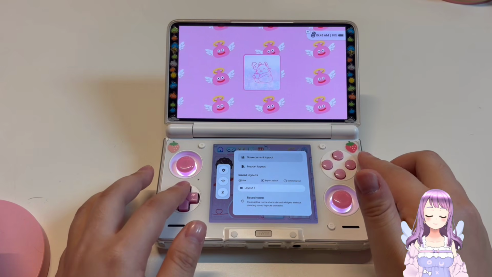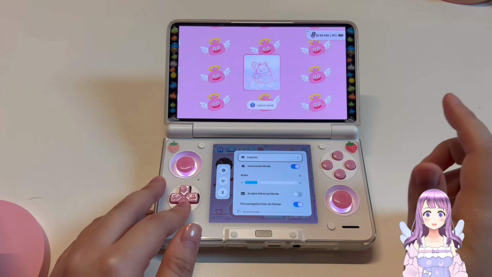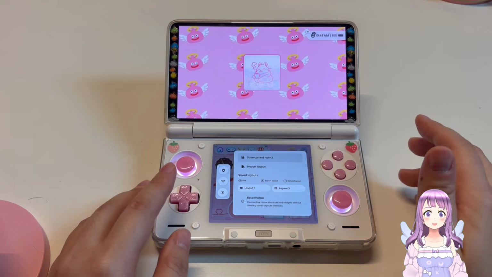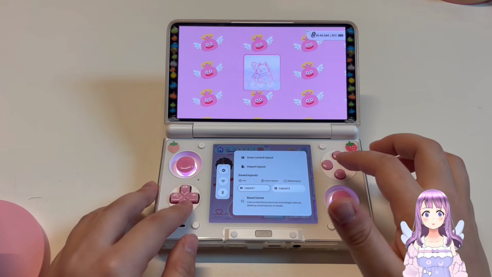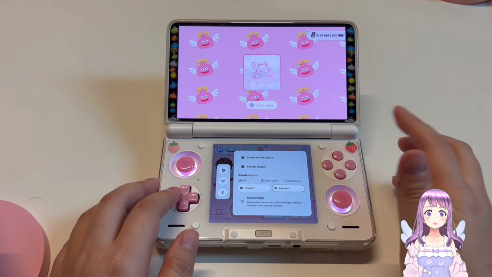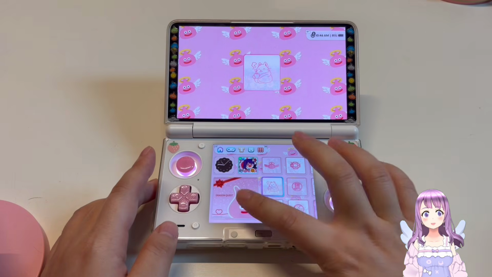You want to save the current layout. That way you are not going to lose your layout. If anything happens to your layout, you just have to use this layout